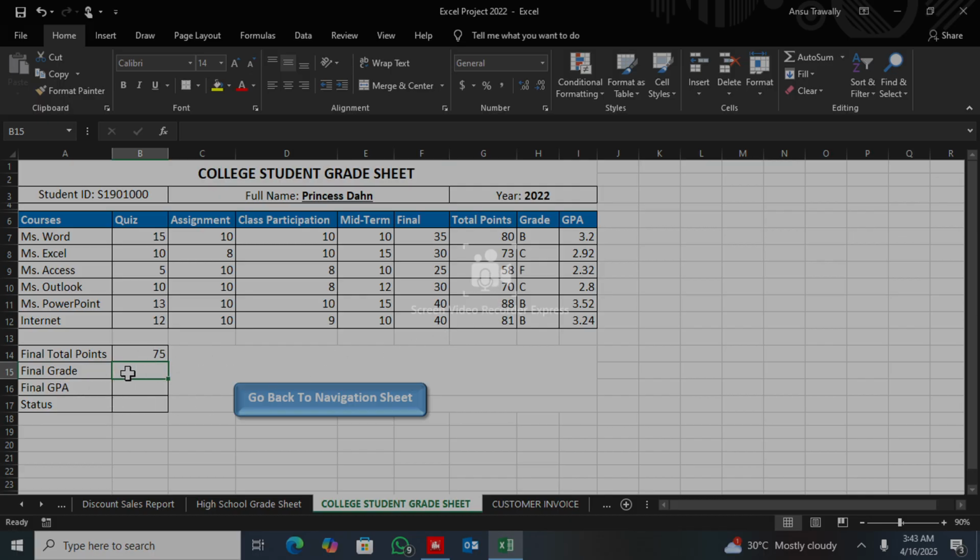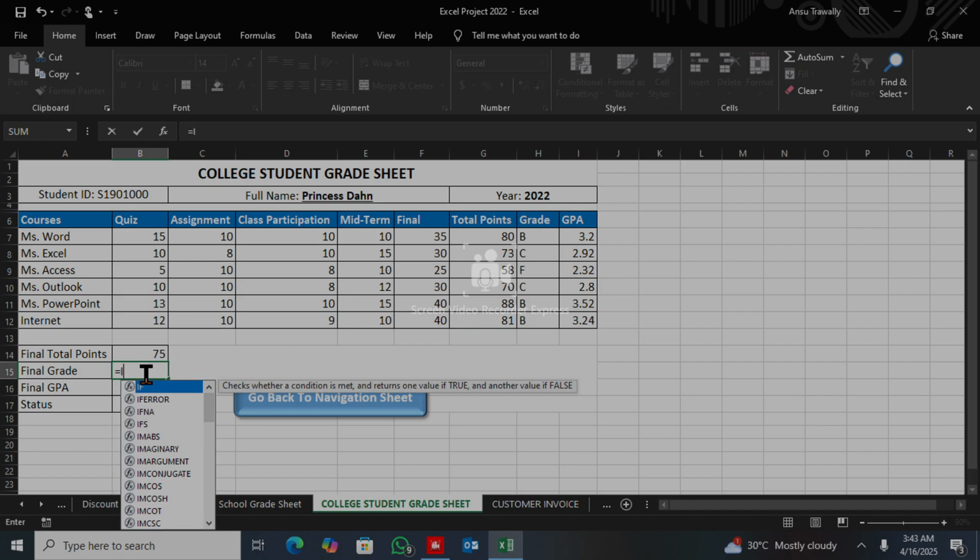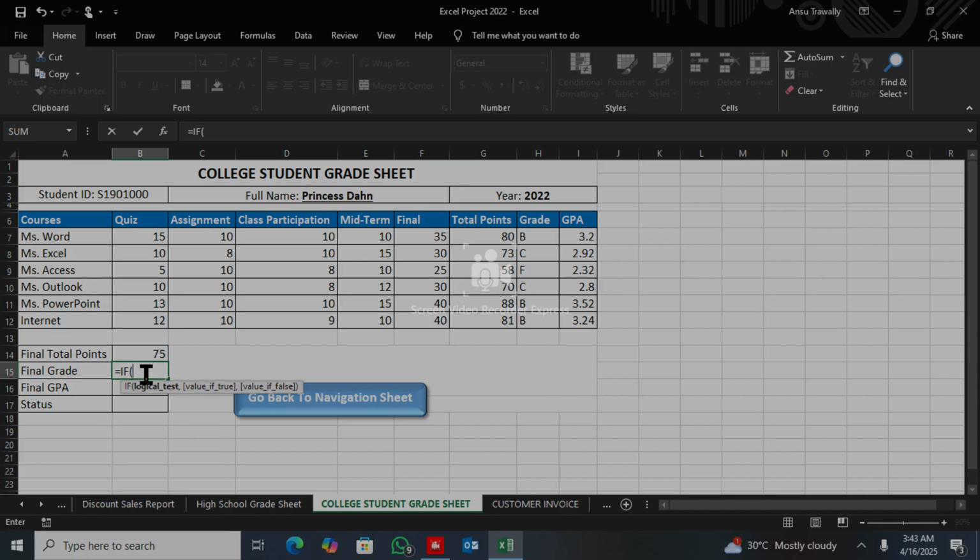The next thing they say we should look for now is what? Final grade. The same thing we do here, and the same thing we come to do here again. So you say equal IF, and we're going to use the final total point, this 75. So if this is greater than or equal to, the first one we start with is what? 90, comma, double quote, E, double quote close, comma. We start IF again, tab, the same total point, greater than or equal to, after 90 is 80, comma, double